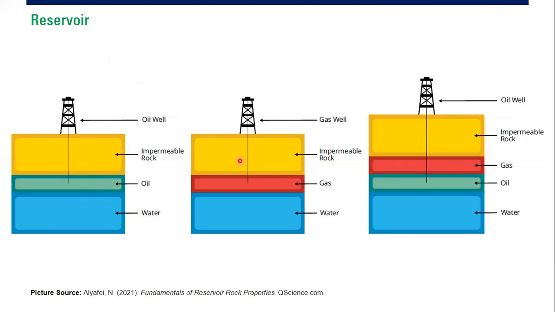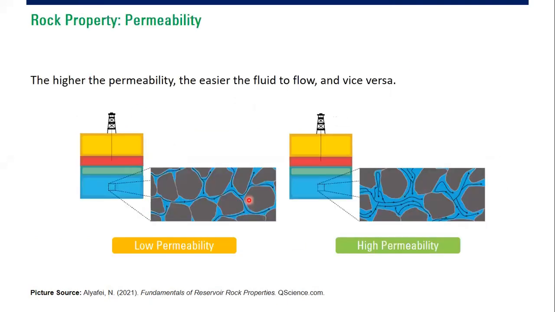The next one is the gas reservoir. Again, we have the well, the cap rock, the gas reservoir itself, and usually an aquifer, the water bearing zone. We can also have this system: cap rock and gas cap, usually gas storage above the reservoir, which we call the gas cap, and below the gas cap the oil reservoir, and again the aquifer. So this is the reservoir, and a reservoir has two most important properties. The first one is, of course, the permeability.